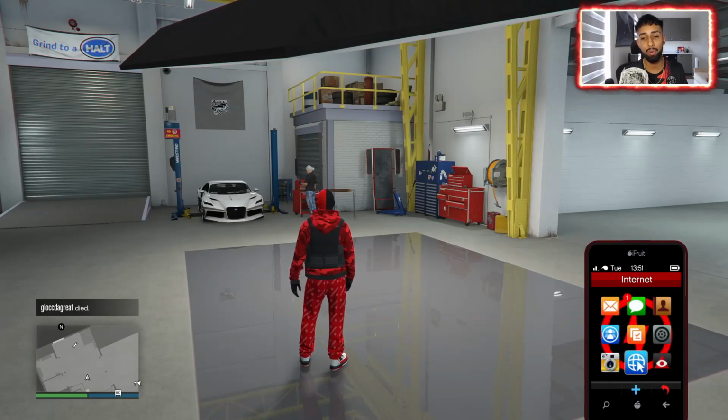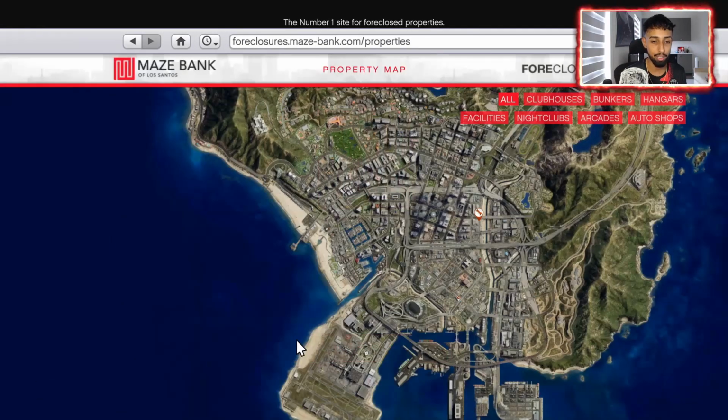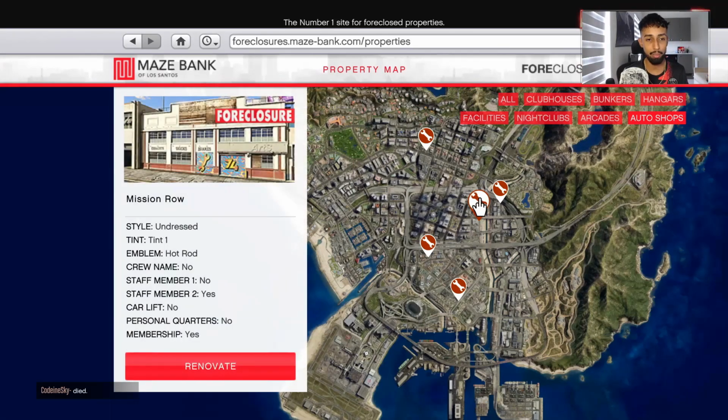Now this also is in the same website, which is the foreclosures website right here, like I showed you. You want to go to auto shops on the top right, you'll see all the auto shop locations around Los Santos, and this is the one I purchased, which is the Mission Row auto shop. Now this property, like retail without any modifications, I believe is